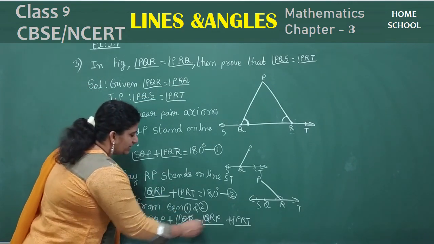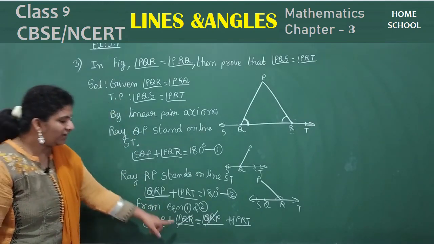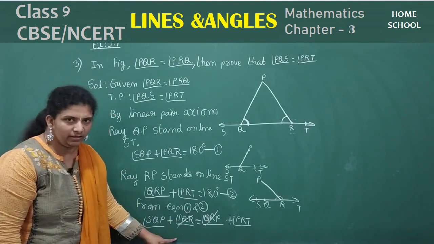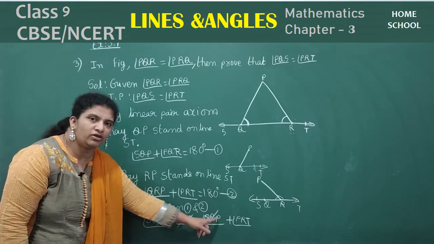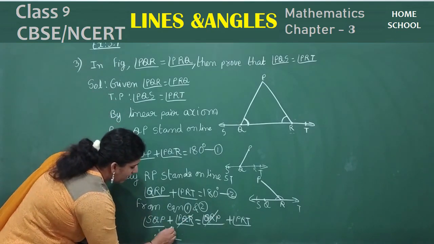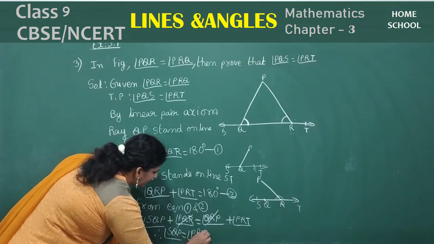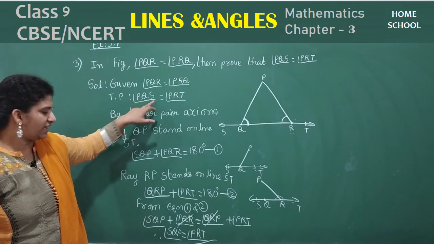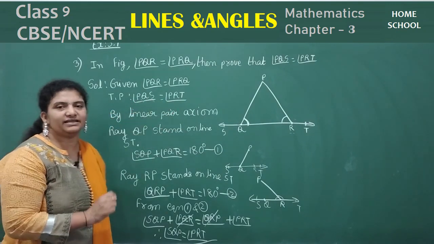So both are equal. These two can be cancelled. How can you cancel, children? If you want, in any one step you change. This you change to QRP, QRP can be cancelled. Or this angle QRP you change to PQR, then PQR can be cancelled. So now finally what are you getting here? Angle SQP is equal to angle PRT. This is the thing we need to prove. SQP or PQS is the same. That is SQP is equal to angle PRT. Hence, it is proved.